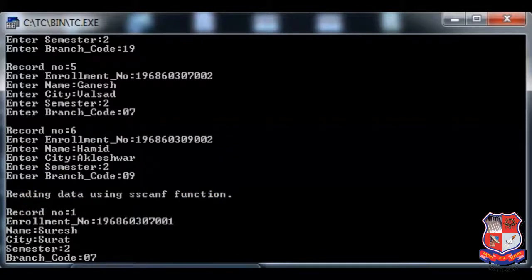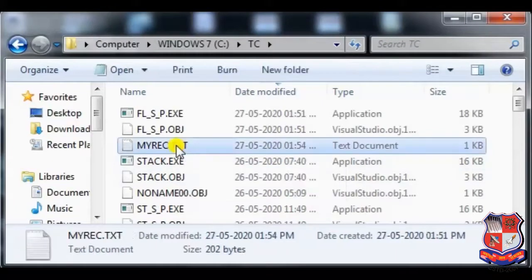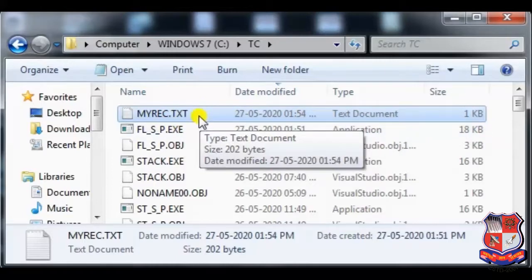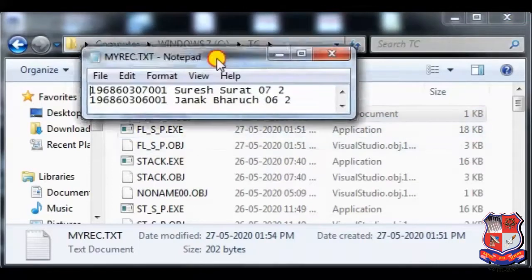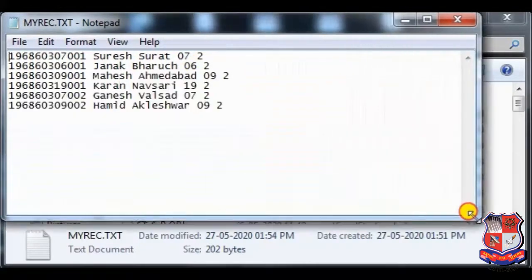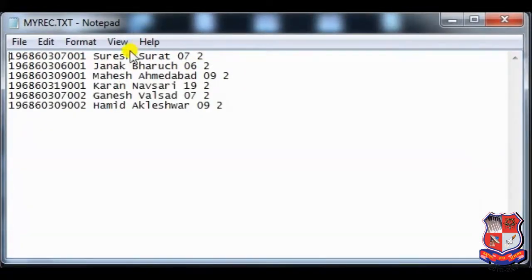Now before that, let me show you the content of a file. As you can see over here, it contains 1 KB myrec.txt. When I open this file, as you can see, it contains all the records provided by the user.